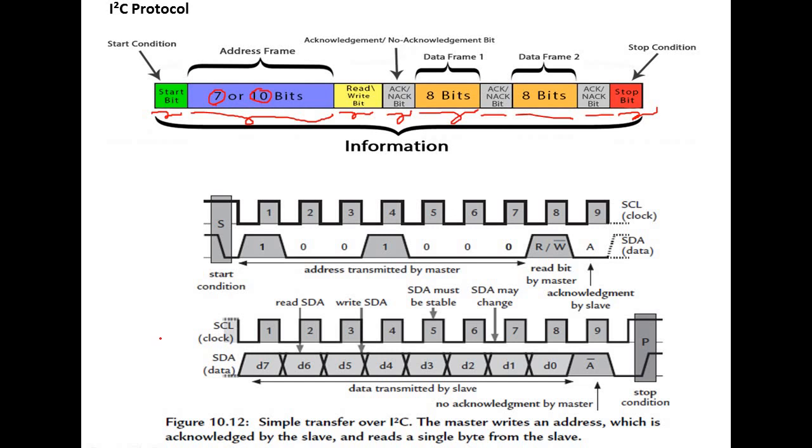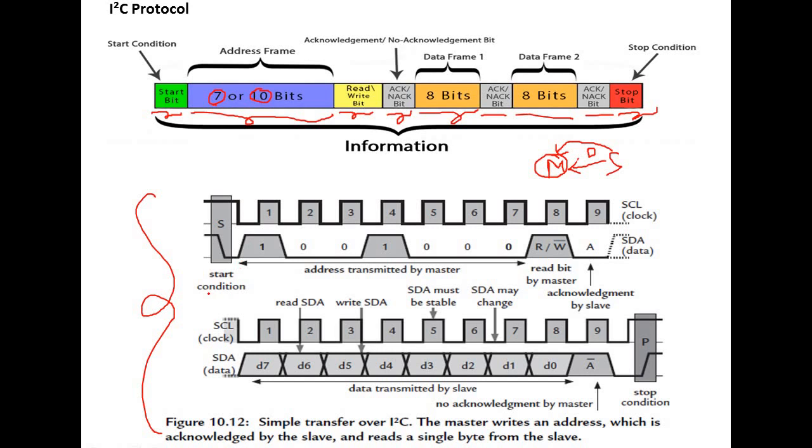In the example, the master requests data from the slave. The slave will place data on the bus. The master will read that data. Understand? In this example, the master wants to read data from the slave. Let us see how the master reads the data from the slave.